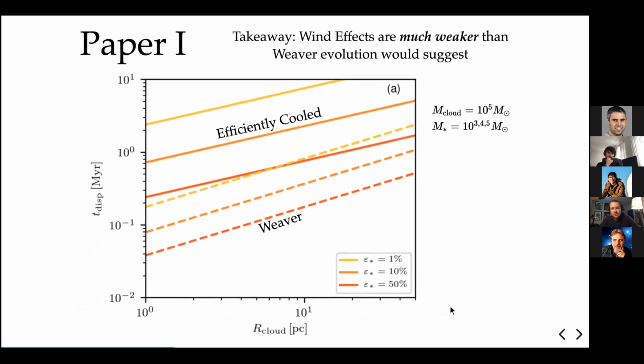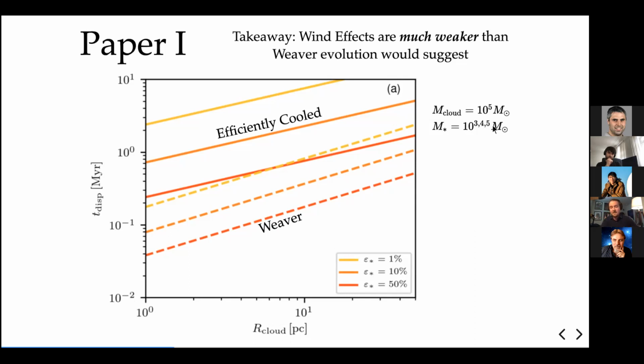So here I'm showing basically the time it takes to disperse a cloud. The idea here is that you have a central wind source that's a cluster. I'm varying the mass of that cluster by a few orders of magnitude, from 10 to the 3 to 10 to the 5 solar masses. The cloud is assumed to be spherical, not really spherical in our solution because it will need to be turbulent,